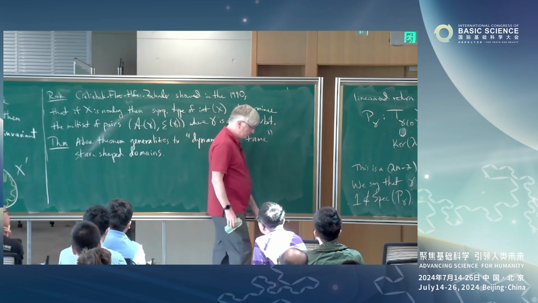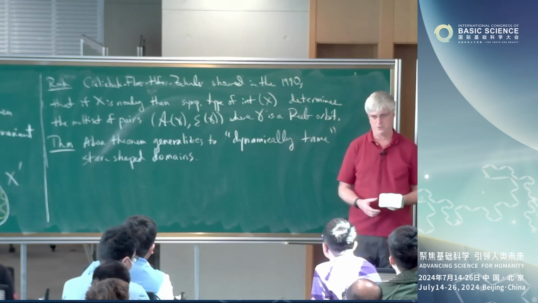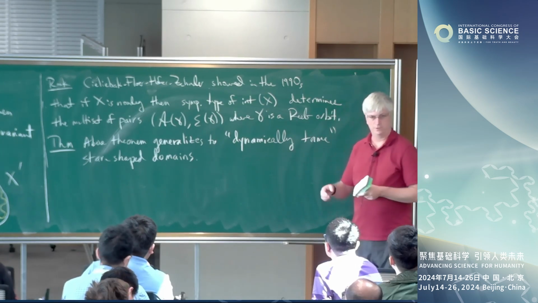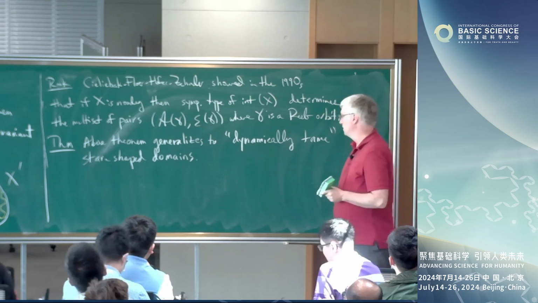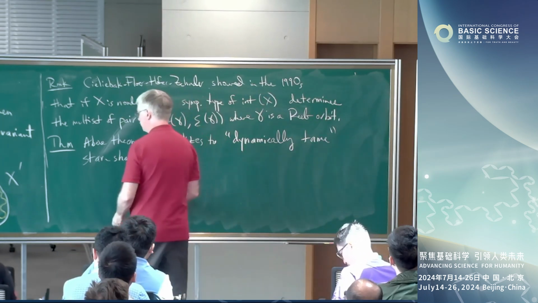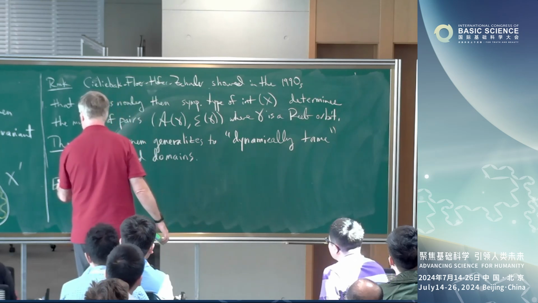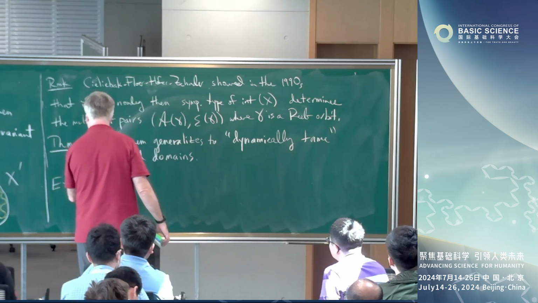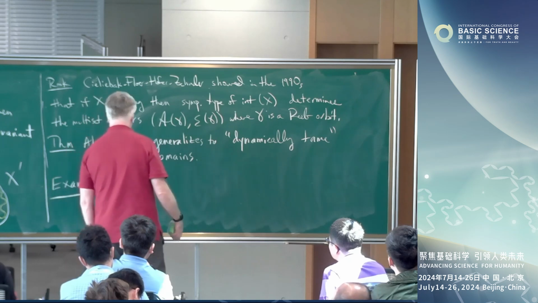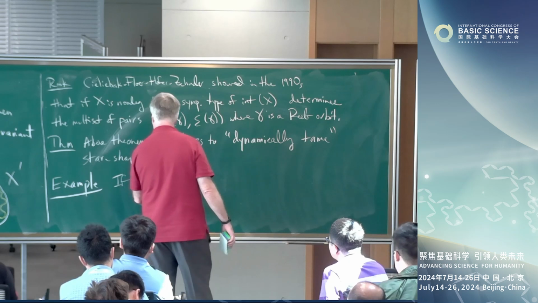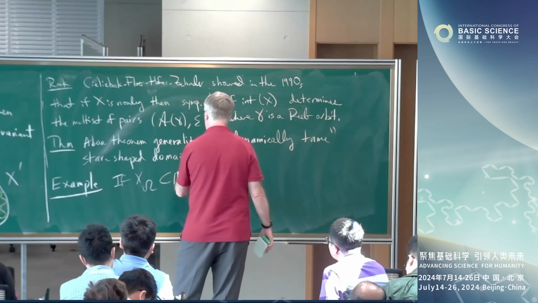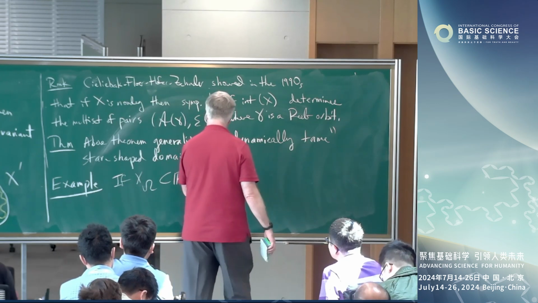So this includes degenerate cases when they're not too bad. In particular, it includes toric domains, because toric domains are degenerate, as we'll see in a second. So here's an example. If X_Omega in R^4 is a toric domain,